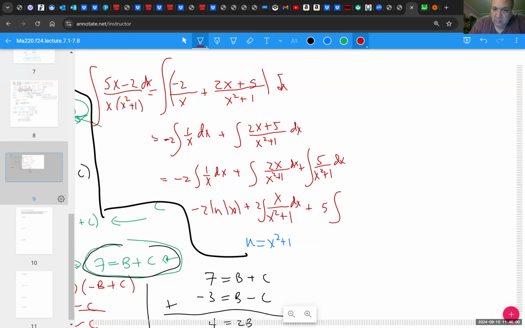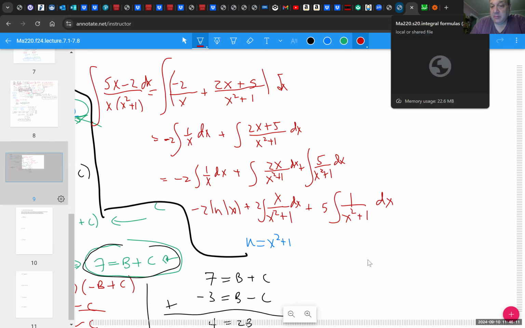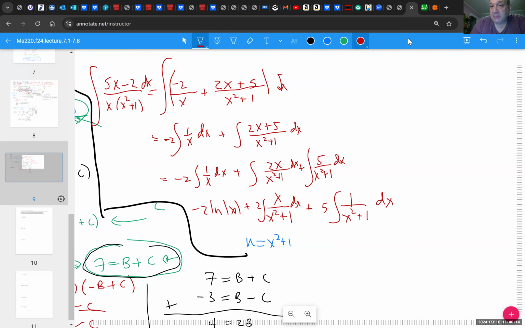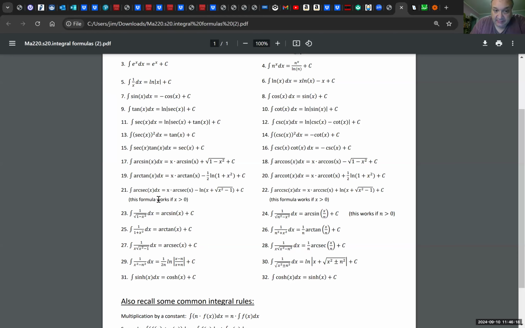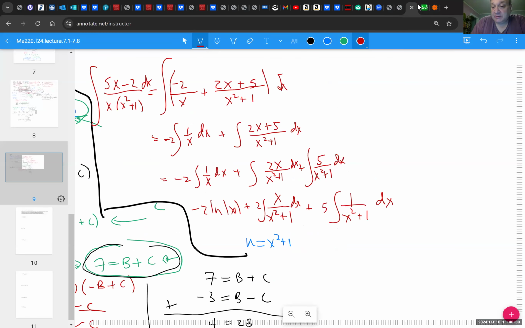And I get 1 over x squared plus 1 dx, which you could do by trigonometric substitution if you have learned the 7.1 material, but it's also on our formula sheet. 1 over x plus, the antiderivative of 1 over x squared plus 1 is one of the standard integrals. It's right here. The integral of 1 over 1 plus x squared is just the inverse tangent of x. So you can use the formula sheet for these types of ones, but you can also practice the trig substitution